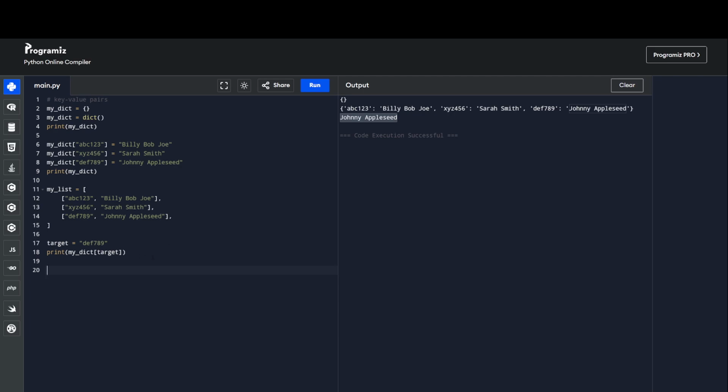So if I were to try to make a new key, say new key equals, I'll create this list, A and B, right? If I try to do my dict with this new key, right, I'm gonna run into an error